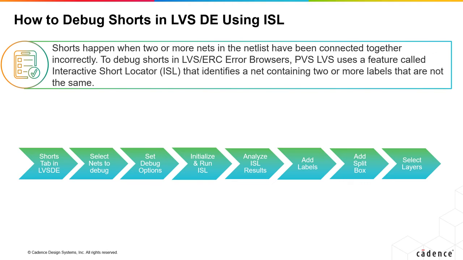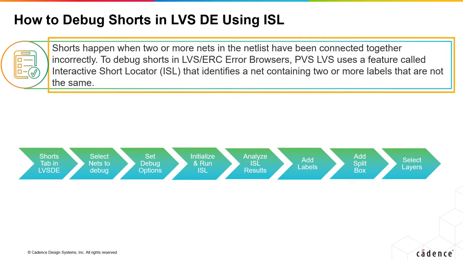How to debug shorts in LVS debug environment using interactive short locator, or shortly known as ISL. Shorts happens when two or more nets in the netlist have been connected together incorrectly. To debug shorts in LVS or ERC error browsers, PVS LVS uses a feature called interactive short locator, ISL, which